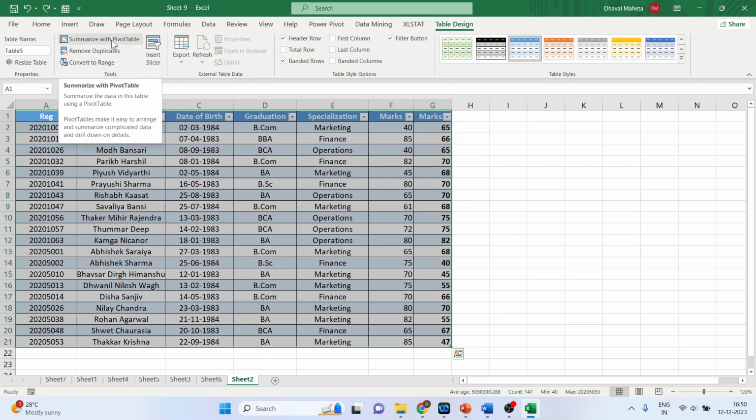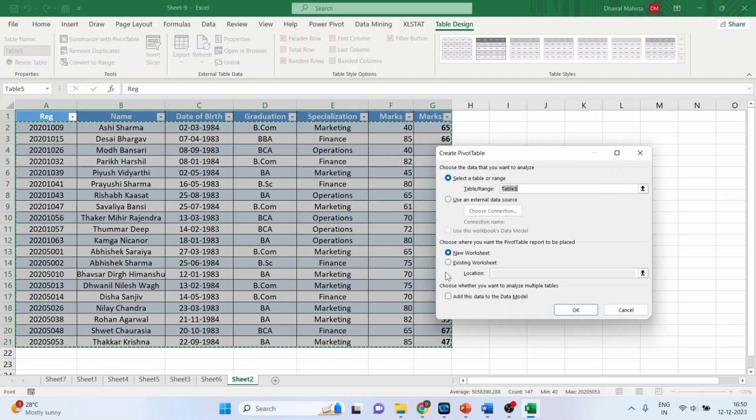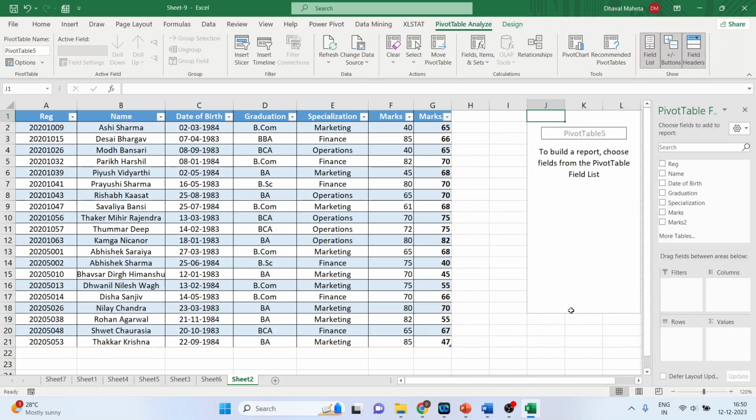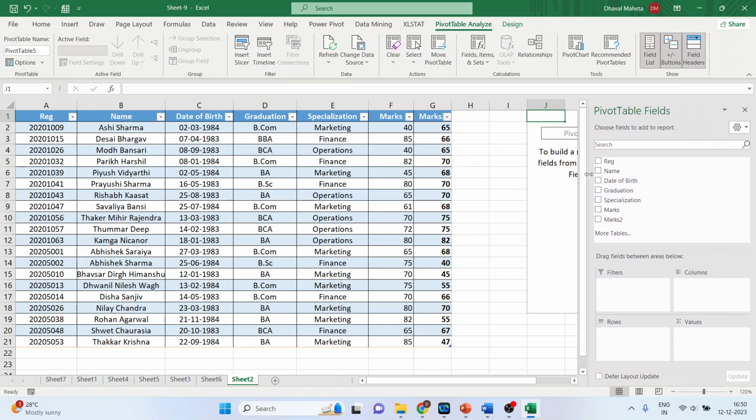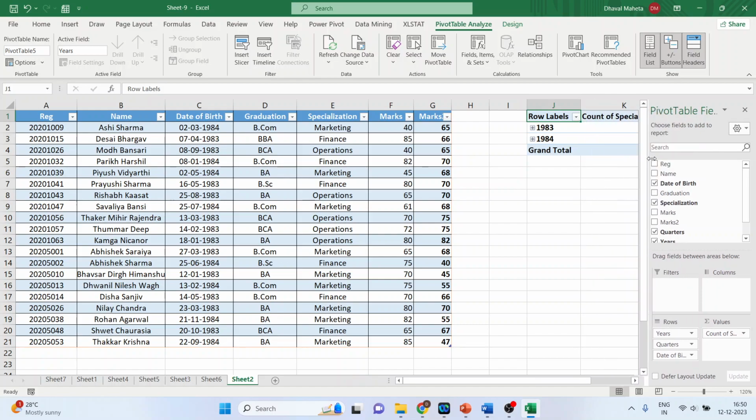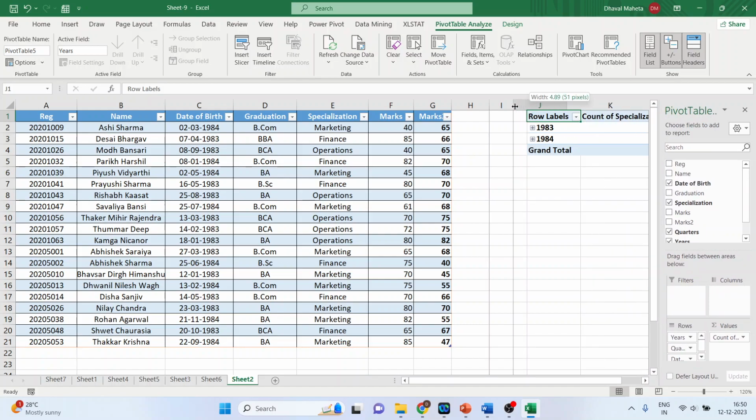this will get activated. Summarize with pivot table. Now click on this. Activate existing worksheet and specify your location in the worksheet only. Click OK. Expand a little bit. Now in the rows, you take date of birth, and in the values, you will take the specialization. Let's maximize this. So it gives me the information